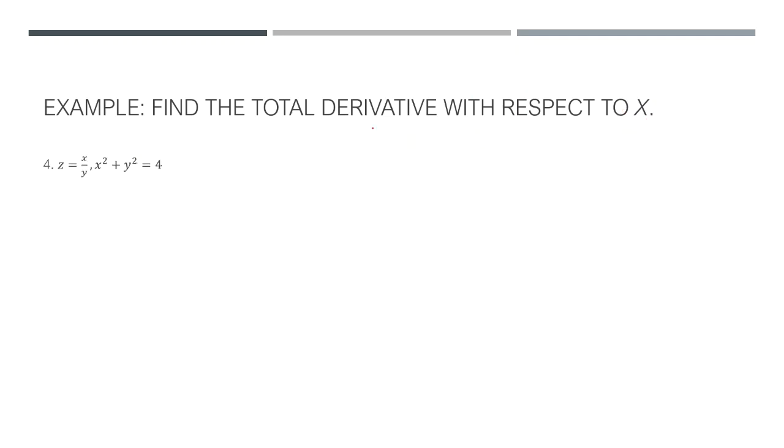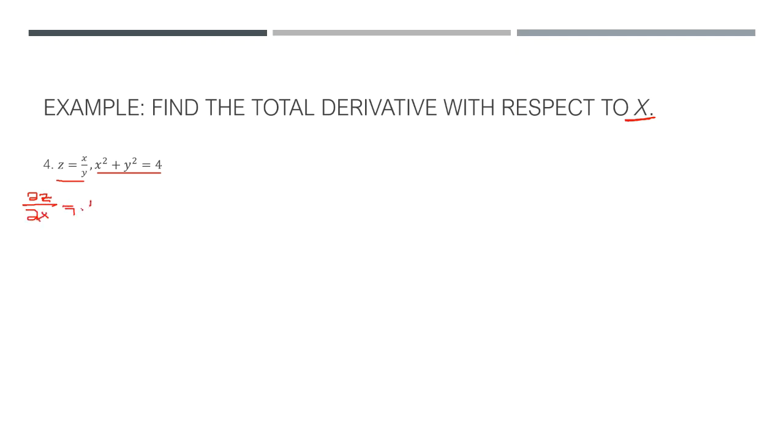The last example for this video is to find the total derivative with respect to x from the equation z is equivalent to x over y, where x squared plus y squared is equivalent to 4. So here, this is just our equation, and these are the values that are given. So from here, we still have to find the partial derivative of z with respect to x, which is equivalent